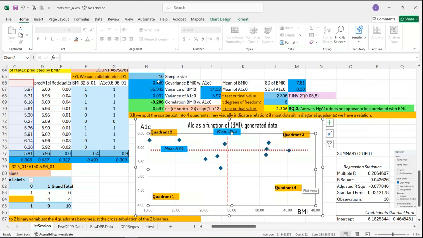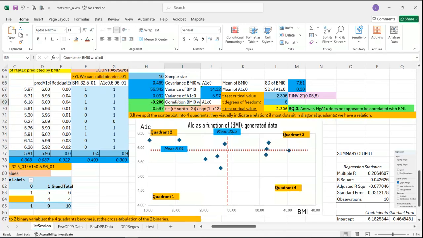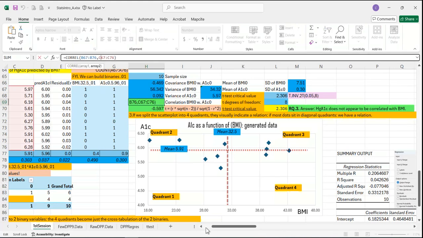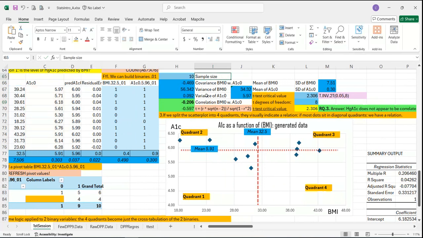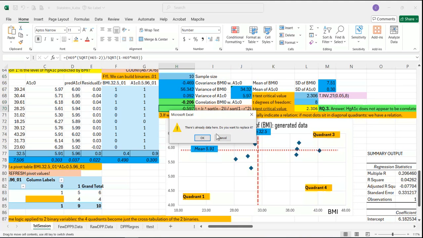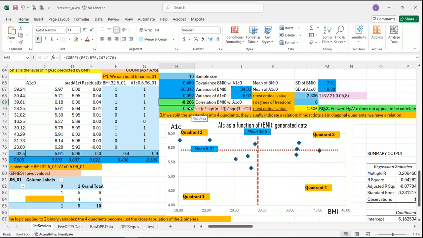So the way to test this is to look at the correlation. That's the simplest concept. And there is a way to get it in Excel very simply, which is just to apply this formula, which is correlation, CORREL. And you just have to enter the 2 columns and it gives you the value. The only problem is it doesn't test whether this is a significantly different from 0 correlation or not. So we should actually test if this value is or is not different from 0, and that's by using a t-test